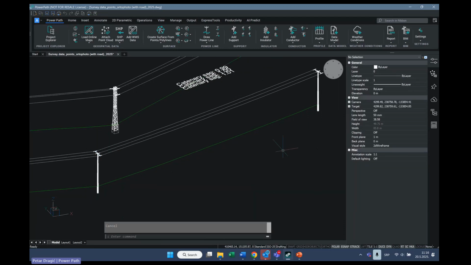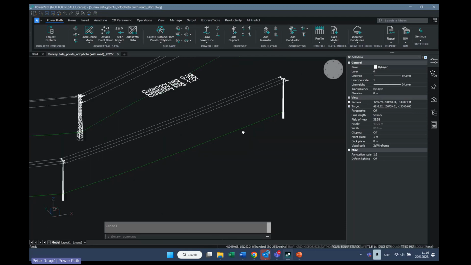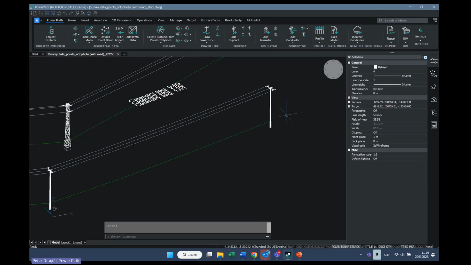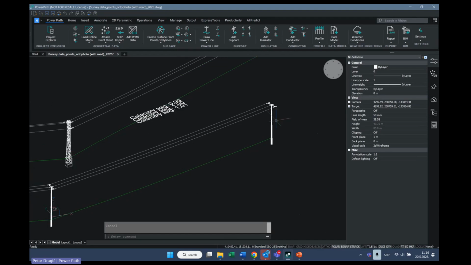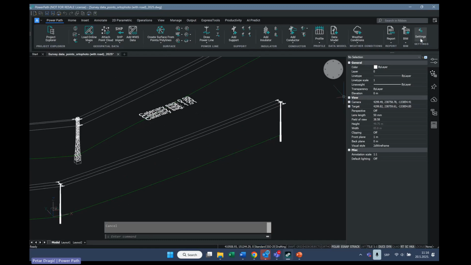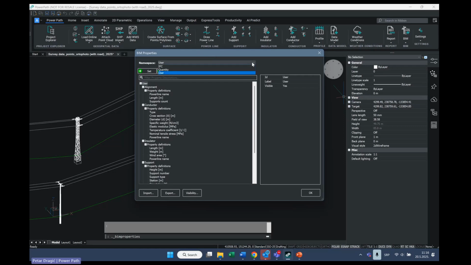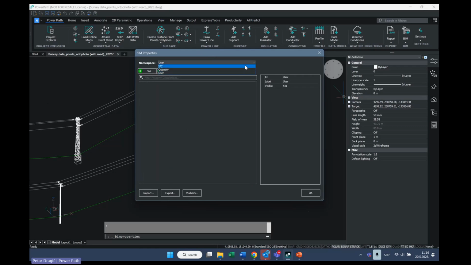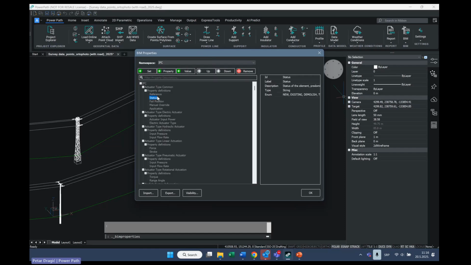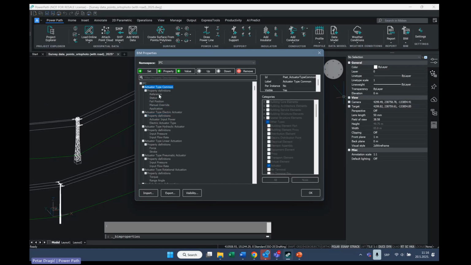Okay. I mentioned already that you now have full control on property sets, and you can customize them to create your own property sets, or edit or reorder existing property sets that you already have in the solution. If I go here to the command edit BIM properties, you will see first that you have the namespaces IFC, quantity and user. If you go to IFC, you will see that there are already predefined property sets and you can manage them, to edit them.